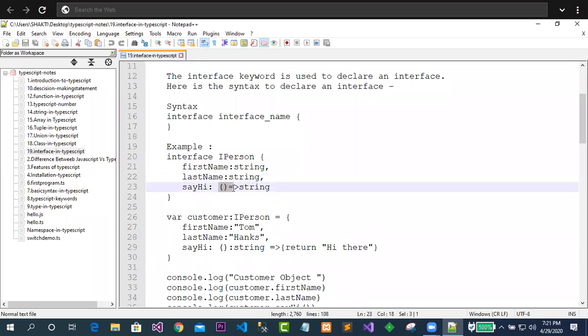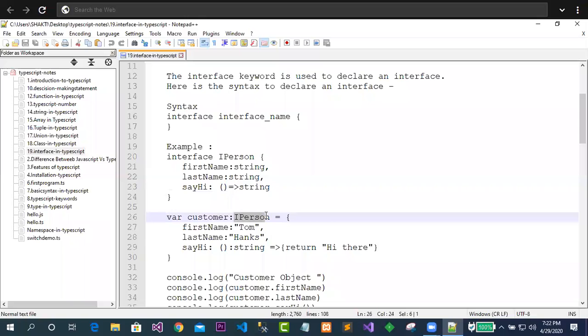And this is a lambda expression. In the last few classes I already told you what lambda expressions are. This is a kind of bracket, and this is the thick arrow, or lambda expression, or lambda notation, as it is called. It is representing a function that doesn't have any parameter, and its return type is string. It's very simple.